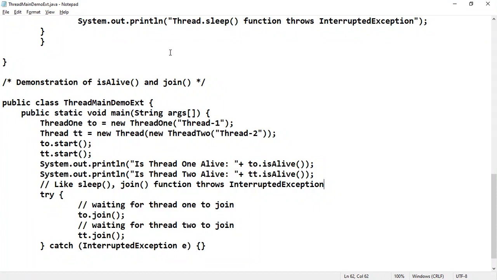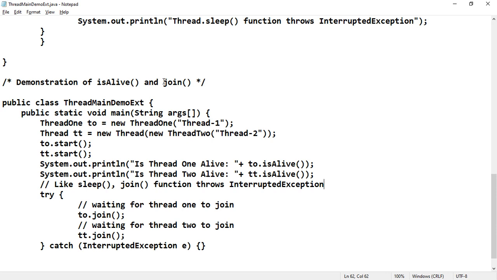Next, we'll come to the join method. The join method is especially used for joining threads, because the threads will execute in their entirety, and each and every thread has its own sleeping time if declared by the programmer. So these threads will execute in different time intervals under the scheduler.